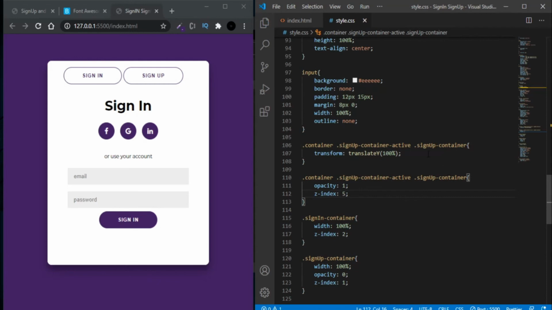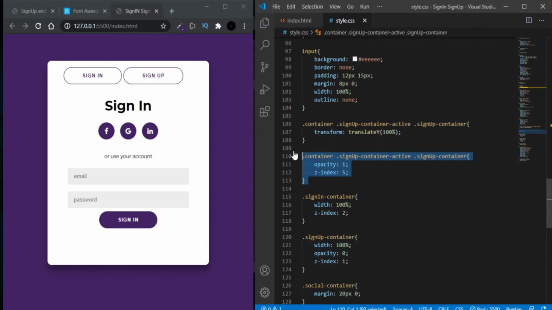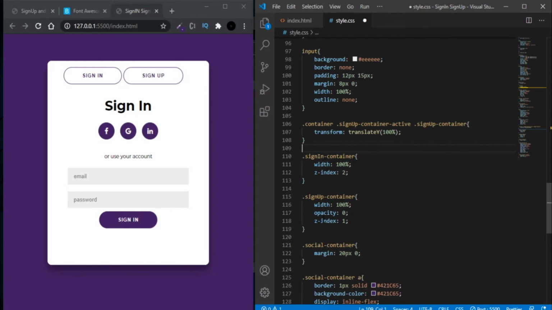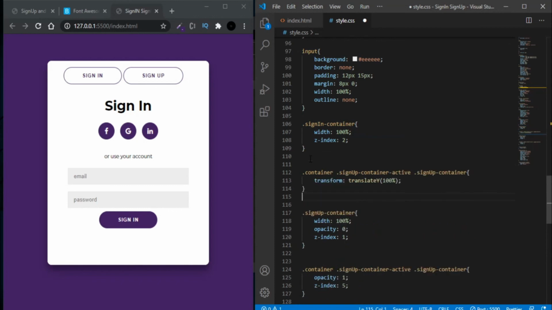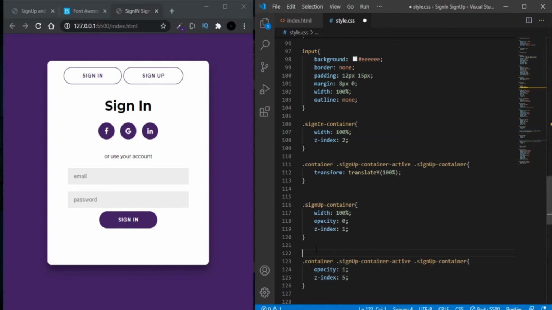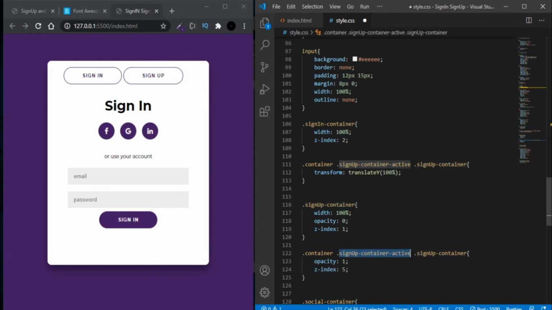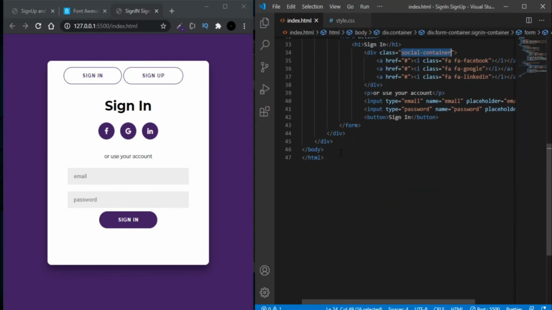Okay, so you have seen that in the sign up we have given the opacity as 0. So whenever we get the active class by JavaScript, it changes to opacity 1, and it overrides the sign in container. Okay, so once we create the JavaScript, I'll just create a script tag here,